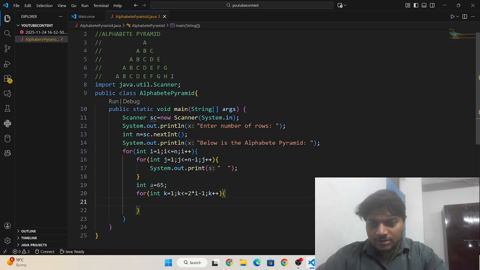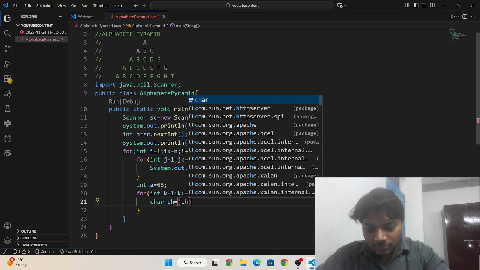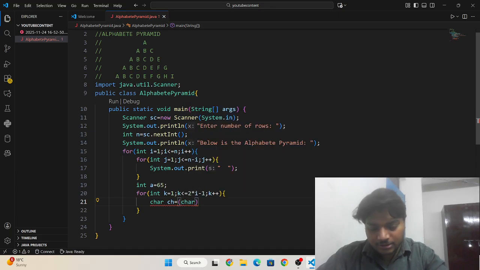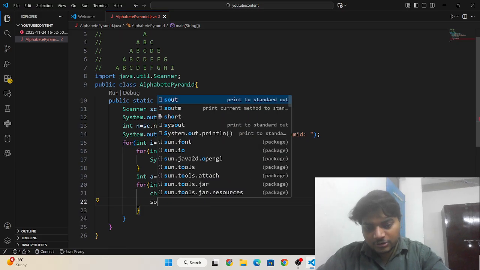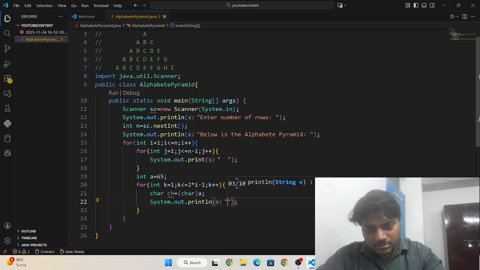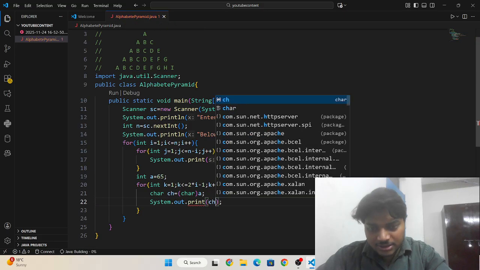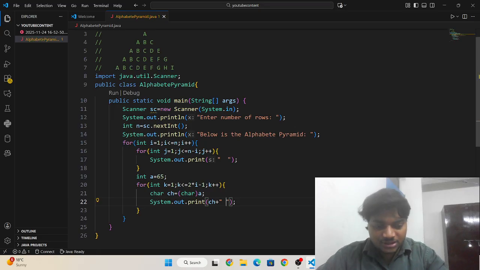Then I need to print here the value of variable a, which we need to convert into a character and print. So I need to write char ch is equal to char of a, and then I need to print ch with a space after the character.